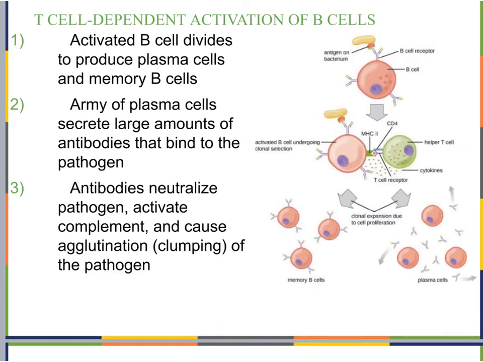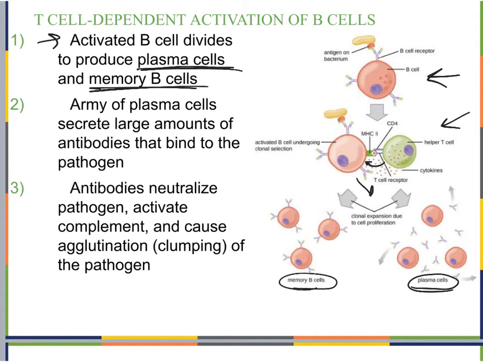So then if we look further down here, these are the images we've already taken a look at. Now we've had that cytokine, or the cytokines, released. They're going to go over and activate the B cell. This activated B cell then is going to divide to produce plasma cells and memory B cells. You can see now it's activated. We go down here. Now we are going to make plasma cells and we are going to make memory B